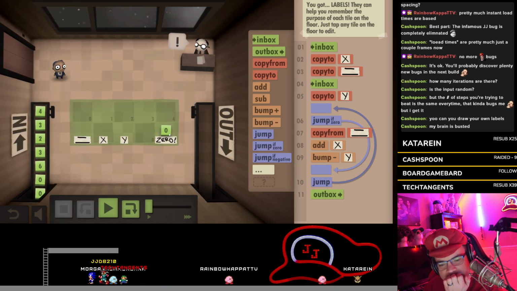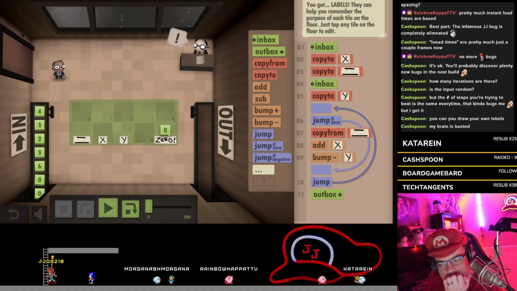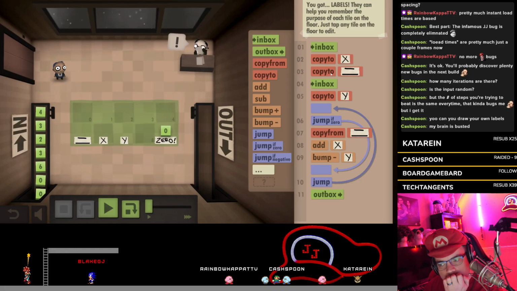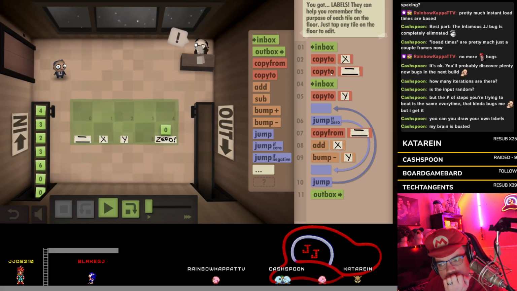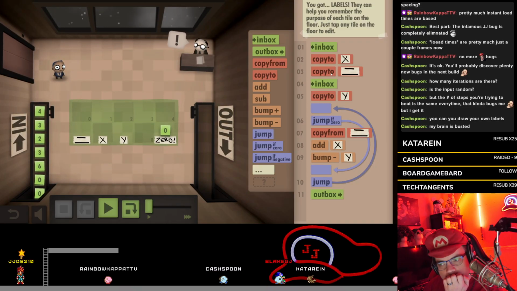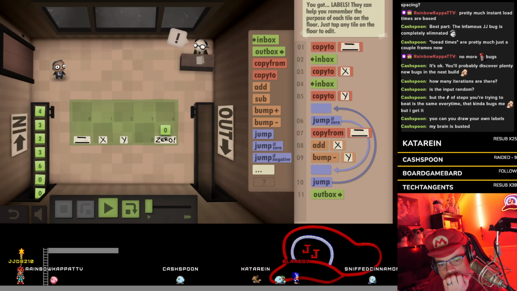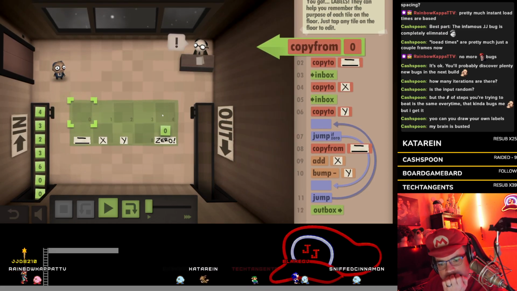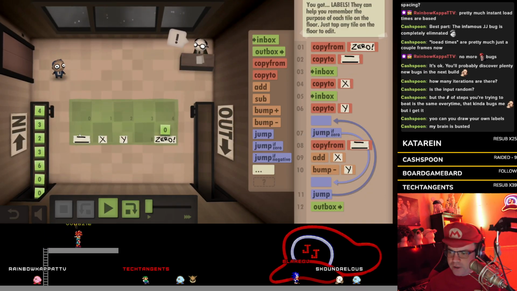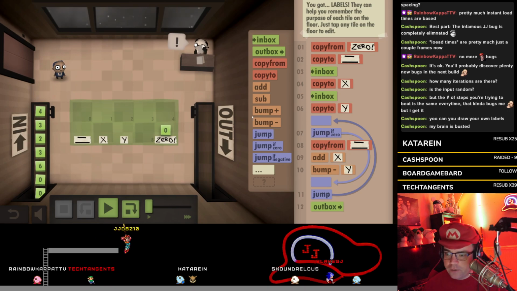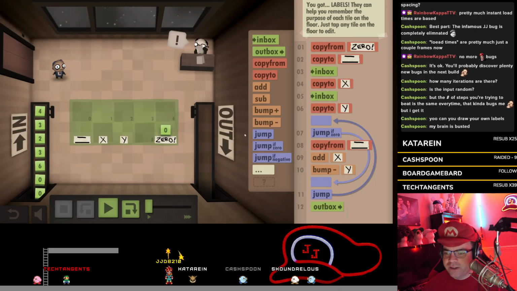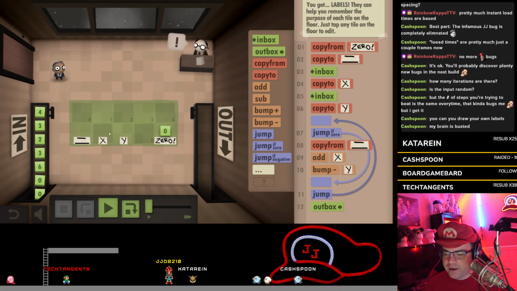Ooh, the 0. Copy from 0. Okay, so we're going to take the 0, we're going to put it in equals. We're then going to copy to X, we're going to copy to Y. We've got our two numbers. We're then going to copy the 0, add X,